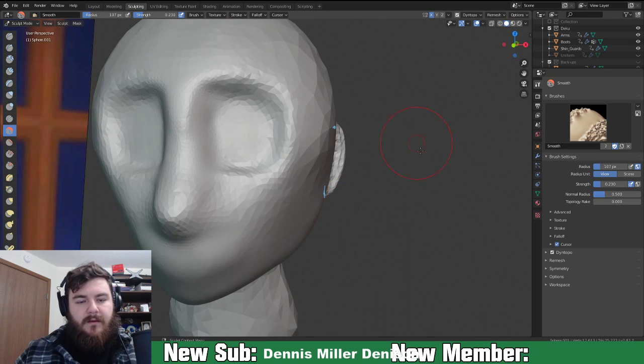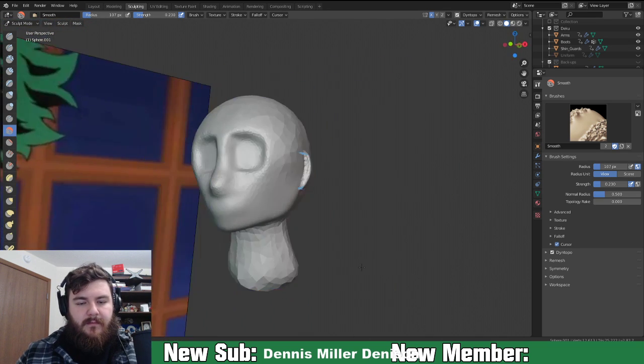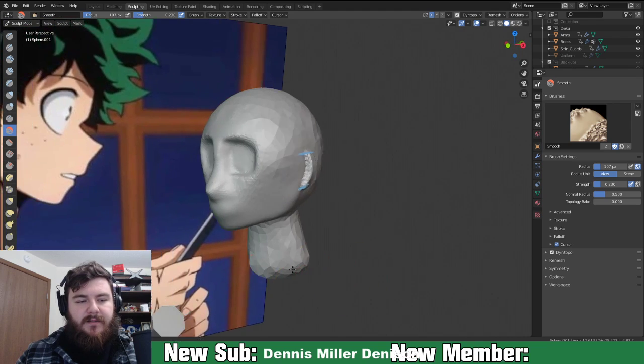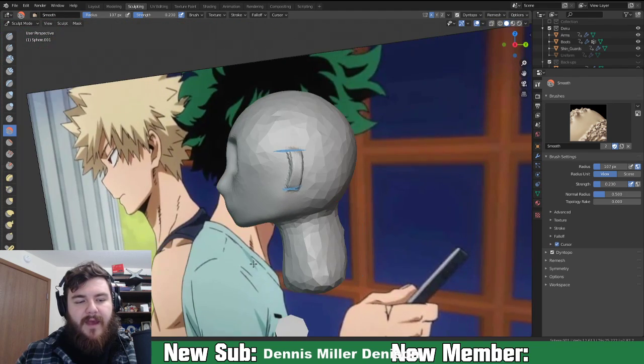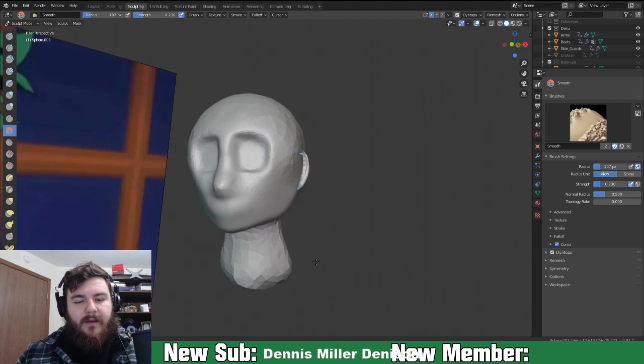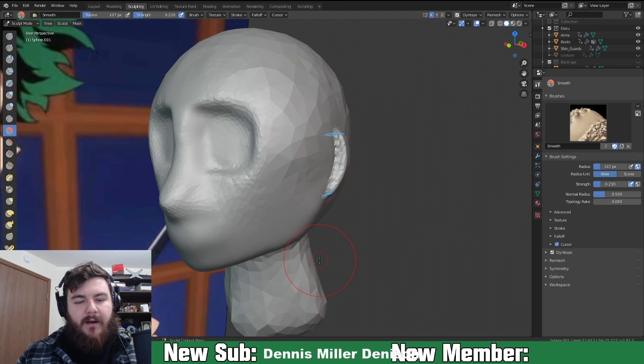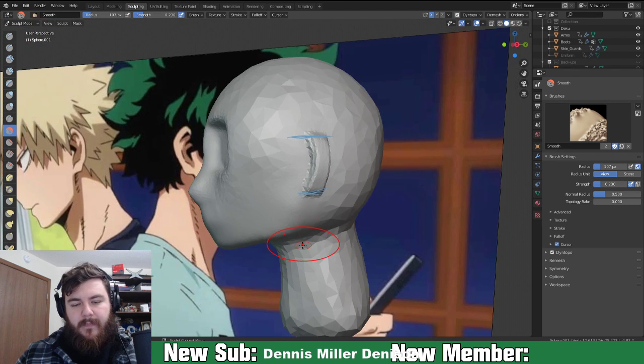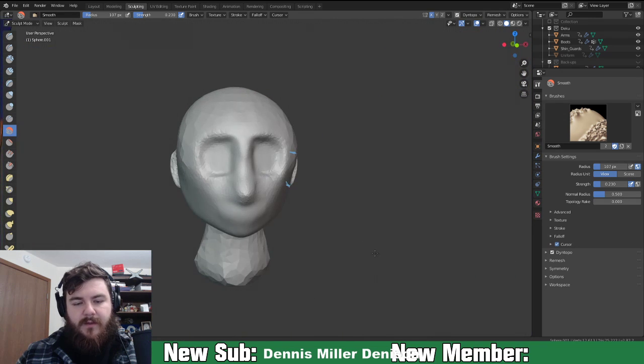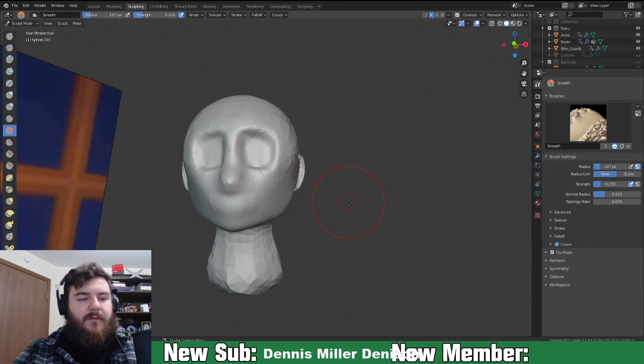So now that kind of looks cursed from up ahead, but once we add in the anime eyes, hopefully everything looks a bit better. Okay, so I'm actually kind of cool with that, and I don't want to spend too much time working on